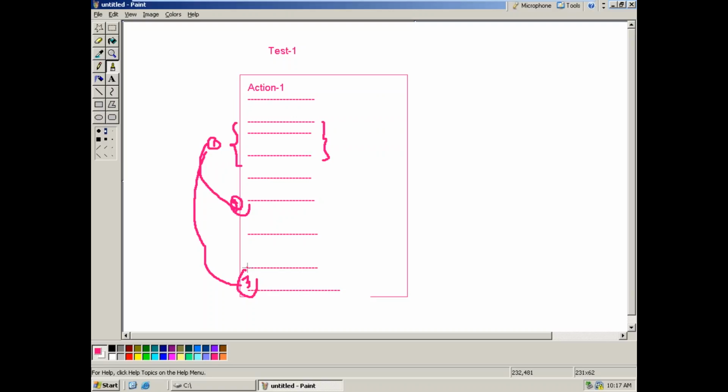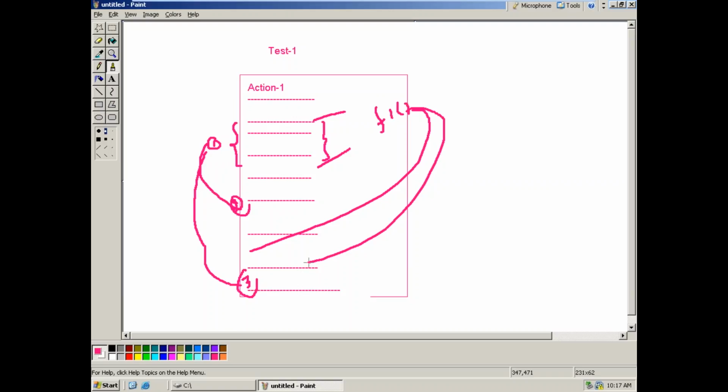For that purpose, we have the concept called functions. What I can do here is take this portion of the script into one function. I can create one function, and call the function here wherever it is required. That is the concept of functions. Why do we prefer functions? It is also reusability.